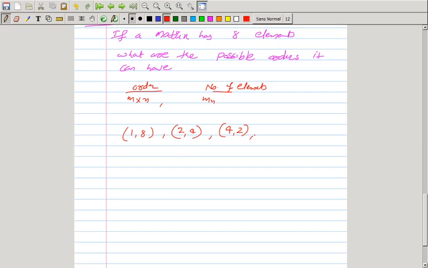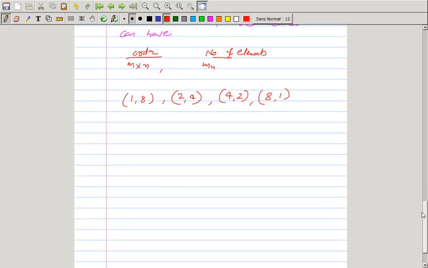Then 5 is not there. 6 multiplied with any number will not give us 8. 7 multiplied with any number will not give us 8. And next we have 8 comma 1, right? So this will give us 8. Any number after this will not give us 8. So these are all the 4 possible ordered pairs of numbers which, when multiplied with each other, give us 8,